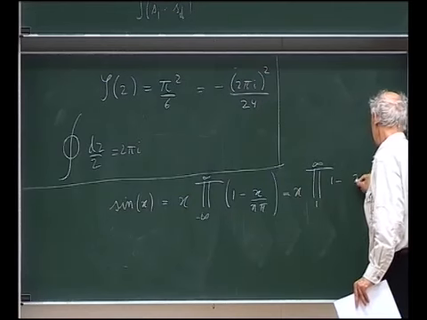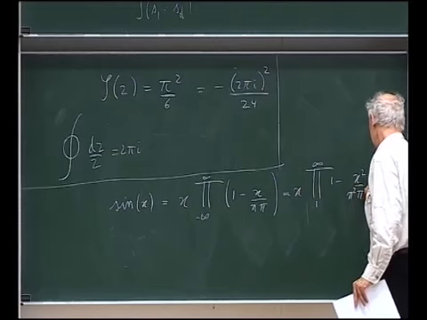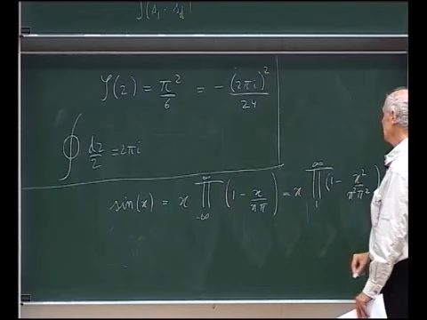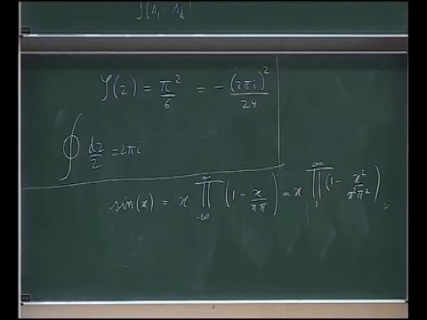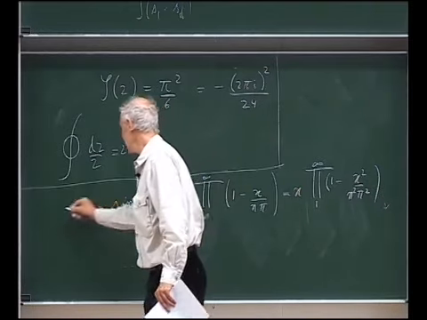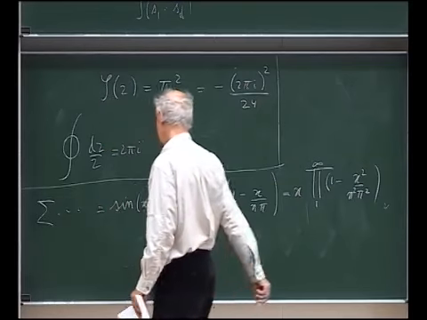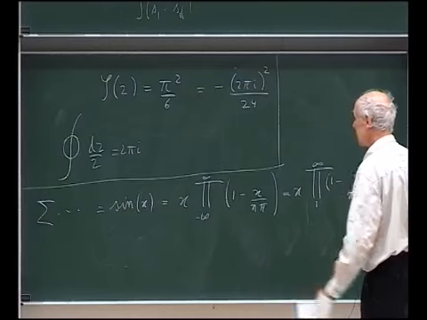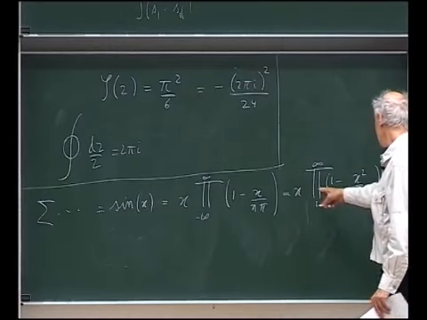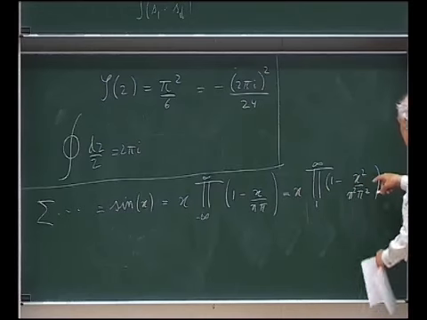Here one sees well the zeros, but one has to do this for convergence. So one has this identity, and also you know the Taylor expansion of sine,